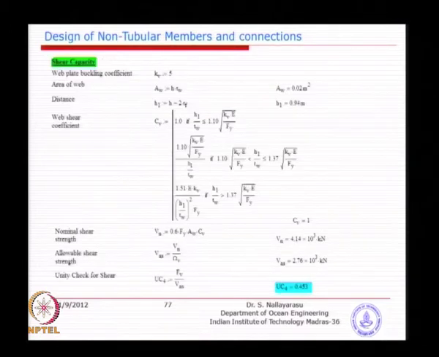And the shear capacity, which we just did in the morning. The basic idea is the calculation of C V corresponding to the stiffener effect, and otherwise you will get C V equal to 1, and basically find out the nominal capacity, the allowable capacity, and the shear capacity unity check is the ratio to the applied load. So, shear also you should calculate from the applied load.